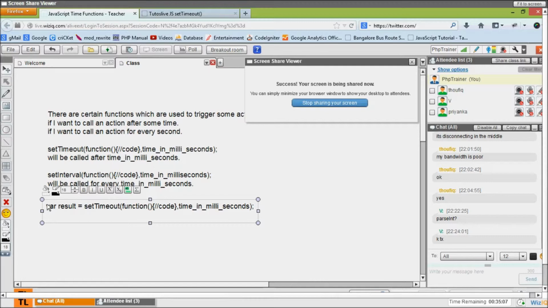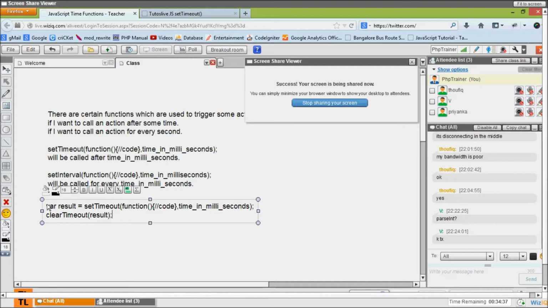So to clear this, we have clear timeout of whatever the result here. Alright, so we have a counter function just to stop this particular clear timeout. So set timeout will be cleared now.